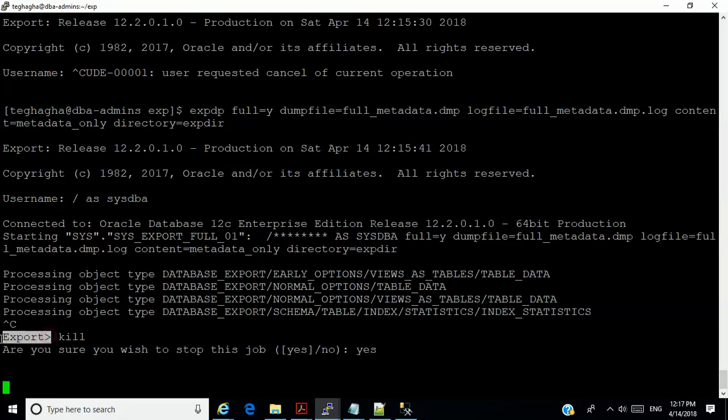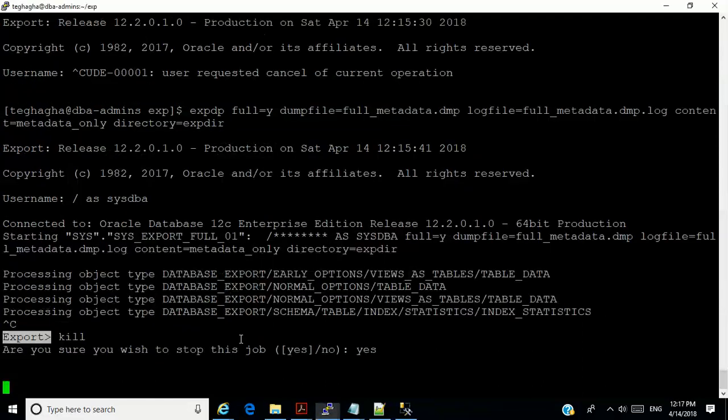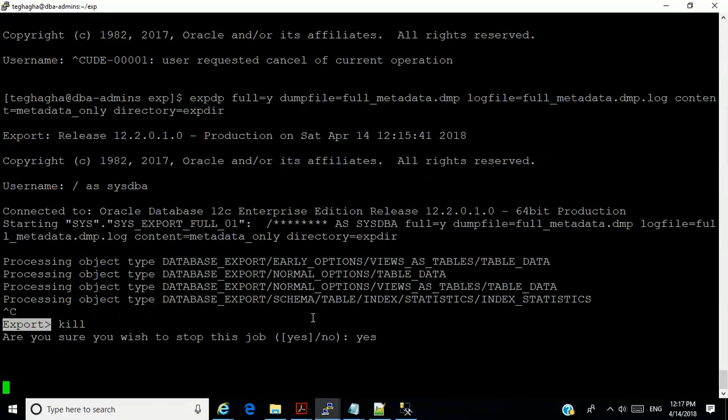You see something like this will come out, export. Then I have the option now to kill. I'll show you again. Just let it finish, because at times you start off a job and you have to kill it to start it again.